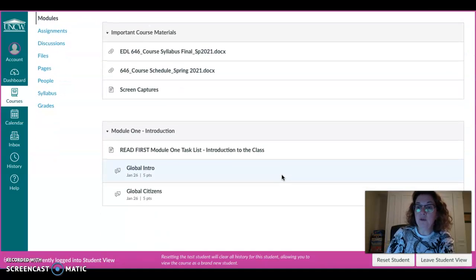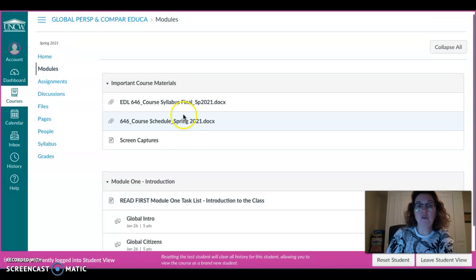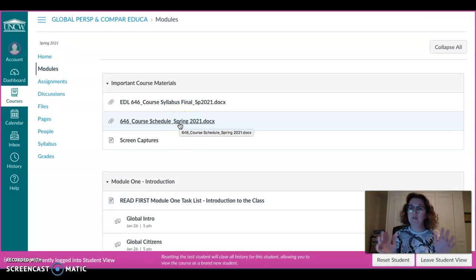Module 2 will be open. My hope is to have Module 2 open before this module ends so that you can go ahead and kind of get a sense for what's coming next. And then, of course, you can always look at the course schedule to see the timing of the modules. And as I've mentioned, those major assignments are already listed on the course schedule with the dates that they're due. So you can align those in your calendar already.